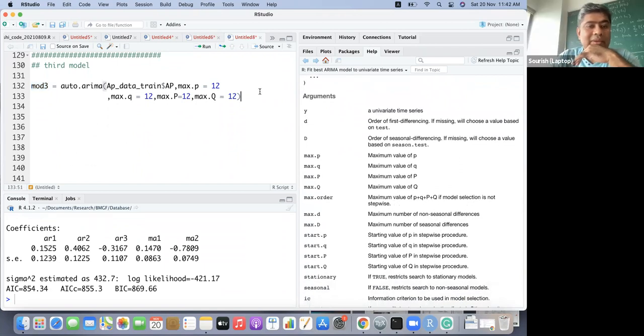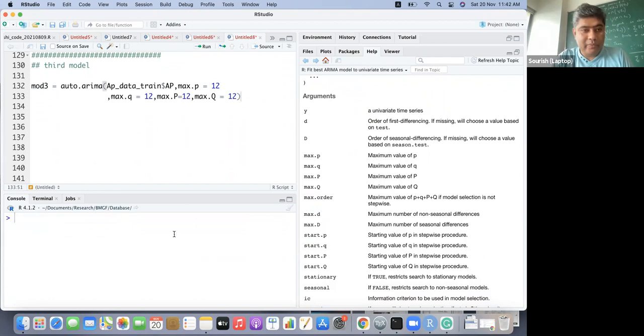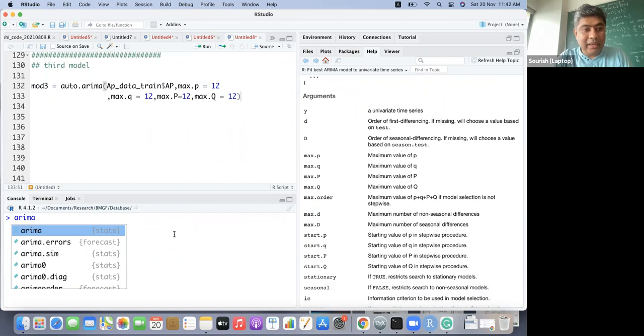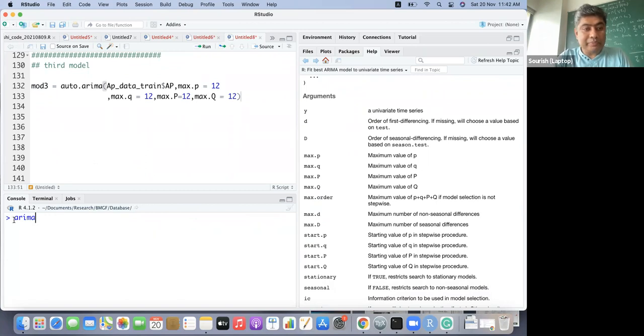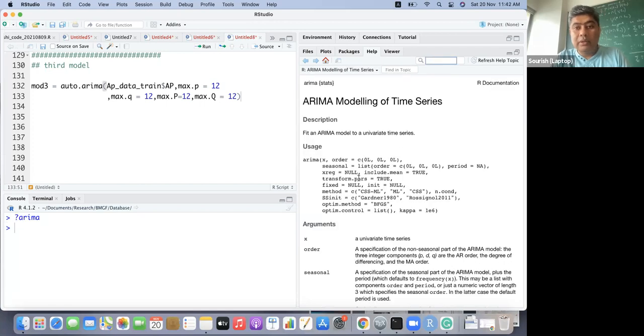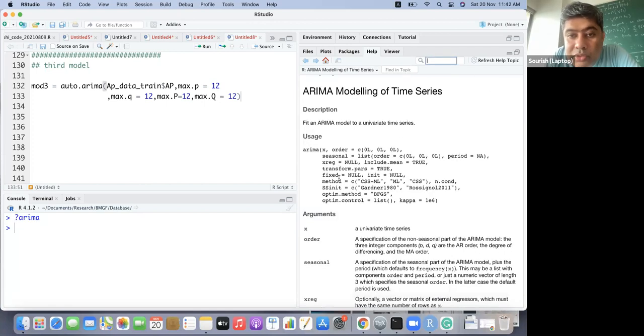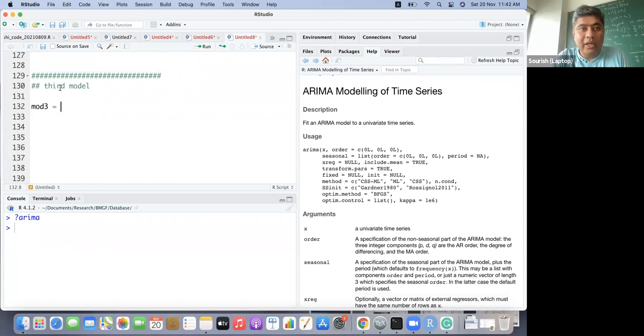We can try maybe just simple ARIMA, because auto ARIMA is basically a wrapper around the ARIMA. So let us try to fix this, because auto ARIMA is clearly not working very well.